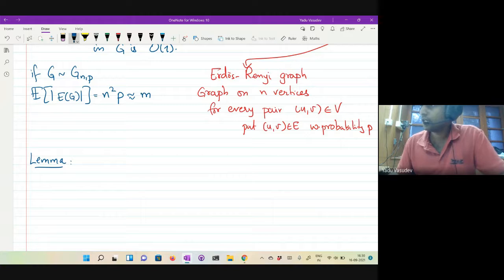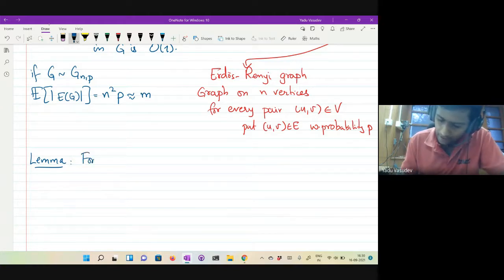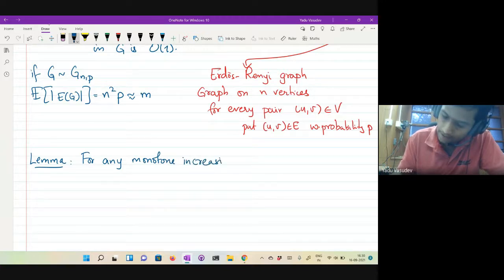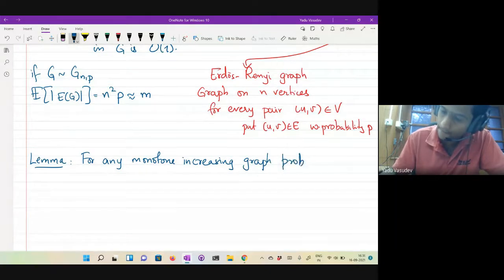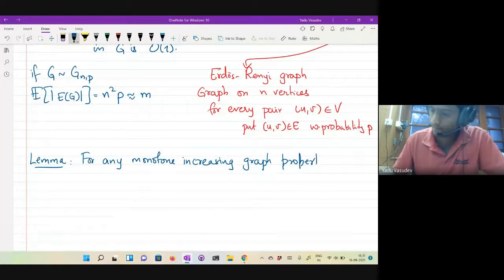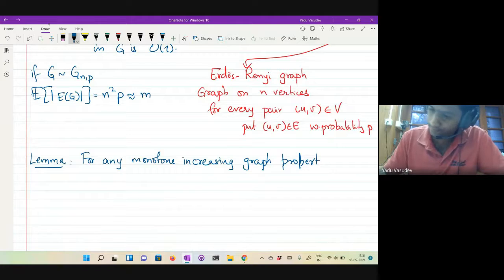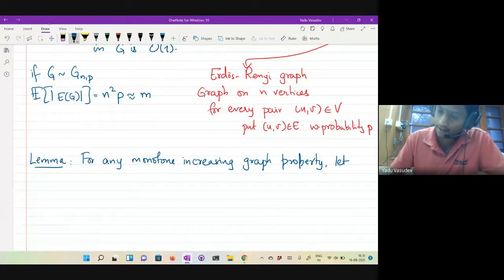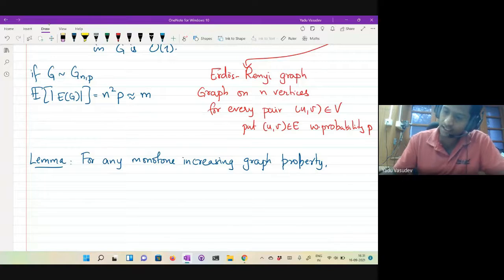For any monotone increasing graph property, so what is a monotone increasing graph property?